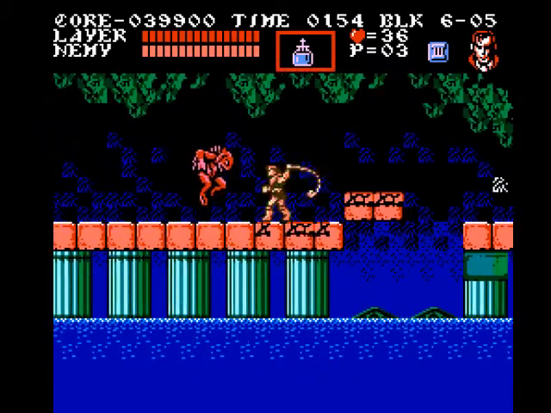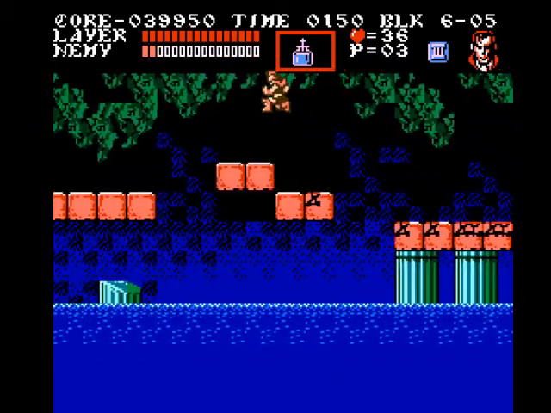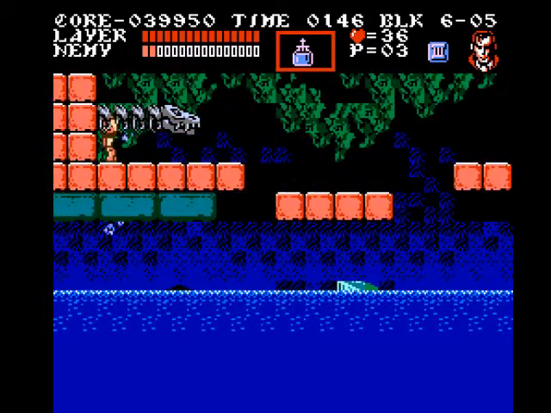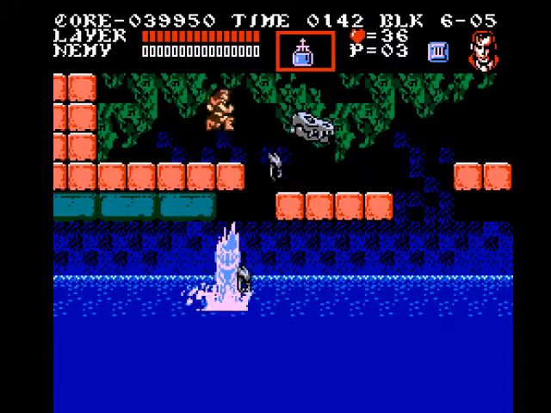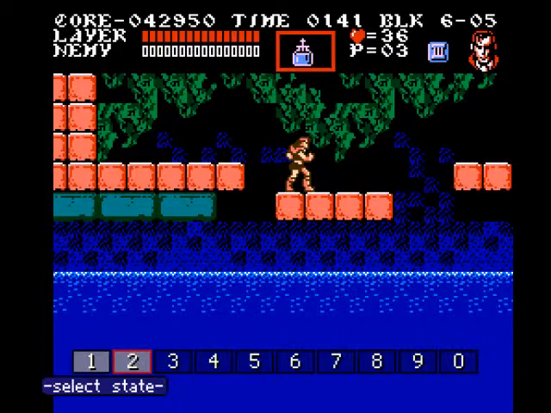Alright, I think I got this. This is one of these things where if I get there, I win. So all I have to do is just crouch over here, or no, stand over here, hit him once, and he dies. Very easy. So we're switching to state 2,